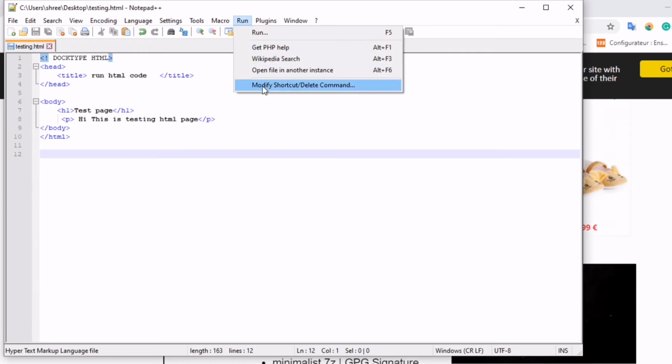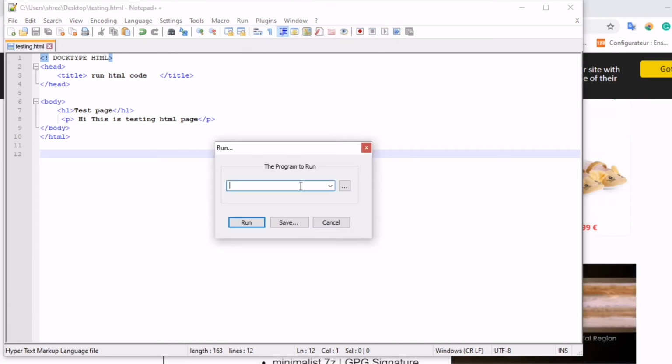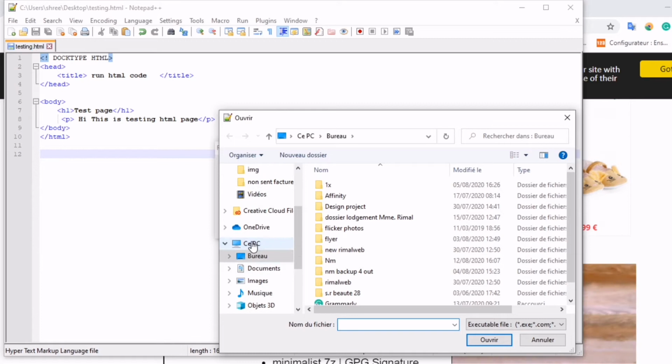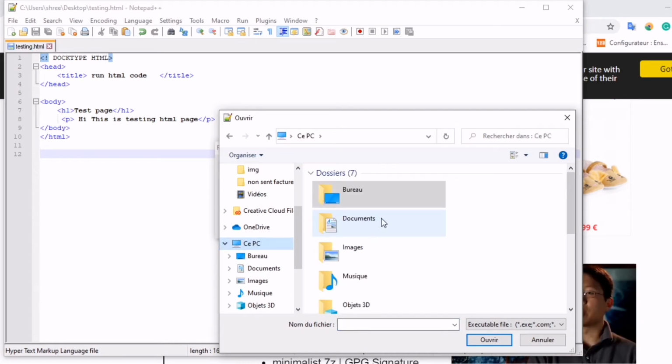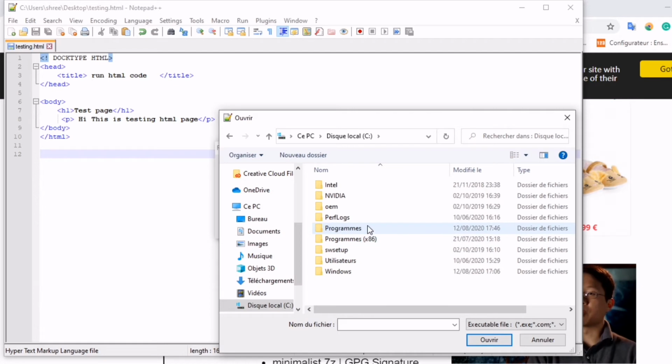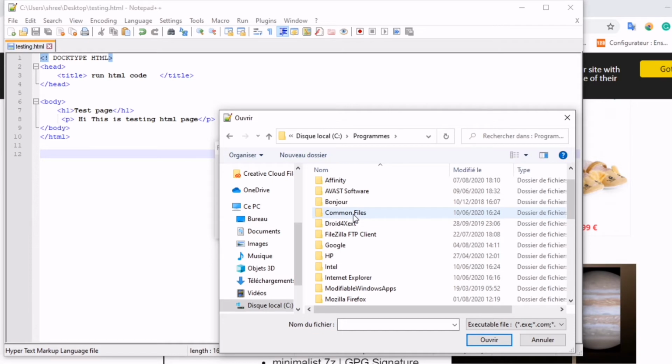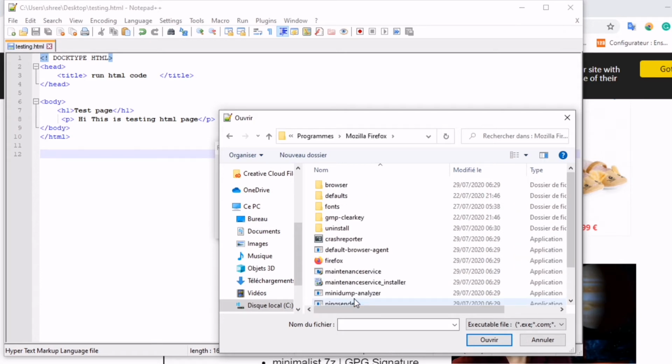Now see here, there is no browser available here to run this code. So now we are going to add the browser. To add the browser, click Run, click here, and go to the PC, C, Program Files, Mozilla Firefox. Okay, we are going to add Mozilla Firefox, and click the Mozilla, open,